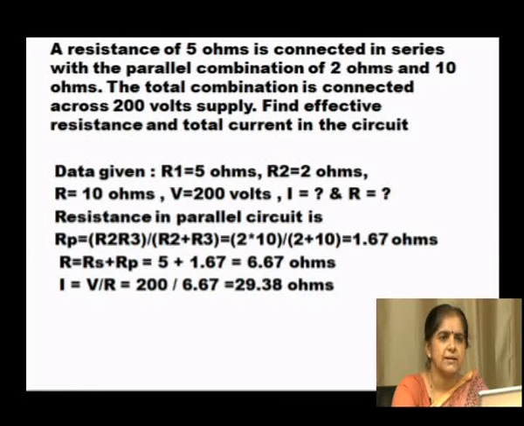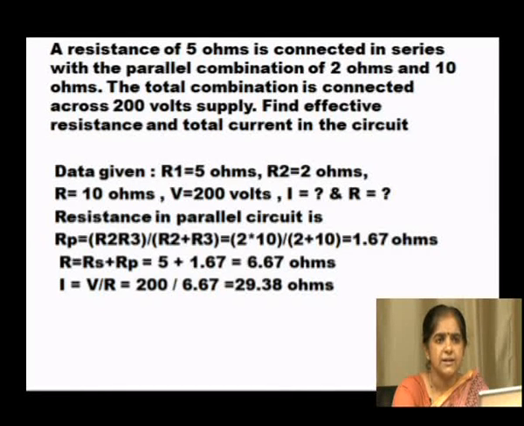First, let us try to calculate the total resistance in the parallel circuit. Which are the resistances which are connected in the parallel circuit? That is 2 ohms and 10 ohms. When two resistances are connected in parallel, the parallel resistance will be given by Rp, and Rp is equal to R2 into R3 divided by R2 plus R3. R2 is equal to 2 ohms and R3 is equal to 10 ohms. Therefore, R2 into R3 is 2 into 10 divided by R2 plus R3, that is 2 plus 10, that will give you the value of 1.67 ohms,